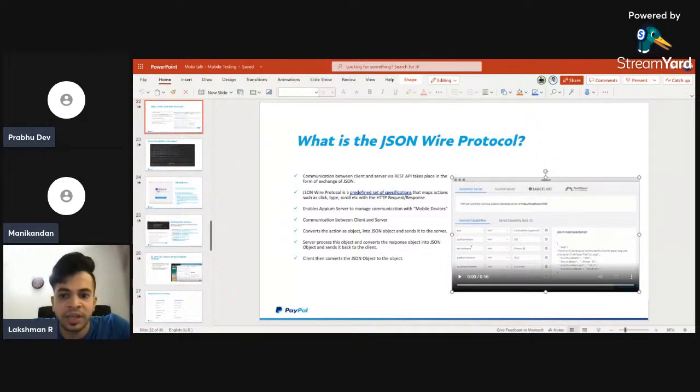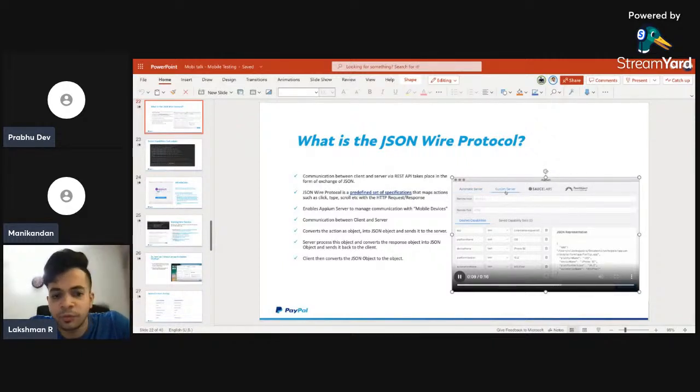So the basic JSON, maybe I will give a reference. If you see here, there is a video playing in the slide. Here there is the key and value pair. This is saved in the desired capabilities. You can save these desired capabilities for Android or iOS based on your project requirement. Maybe the automation name, project name, device version, anything. In the key and value pair, the device name will be the key, and the value will be iPhone. So this is how the key and value pair has been mapped.